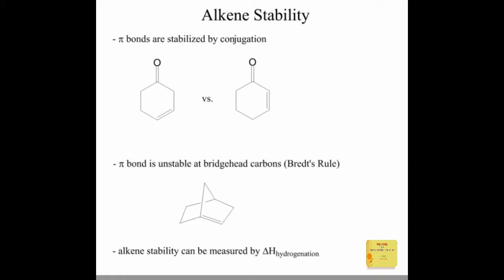Okay, if we happen to have more than one pi bond, something we can look to for stabilizing the pi bond is conjugation. Conjugation is when we have a pi bond and then a sigma bond and then another pi bond. So if our pi bonds are separated by just one single bond, that's going to be a good relationship. This is an example where we have a double bond, single bond, double bond. So this is conjugated and this is not conjugated,